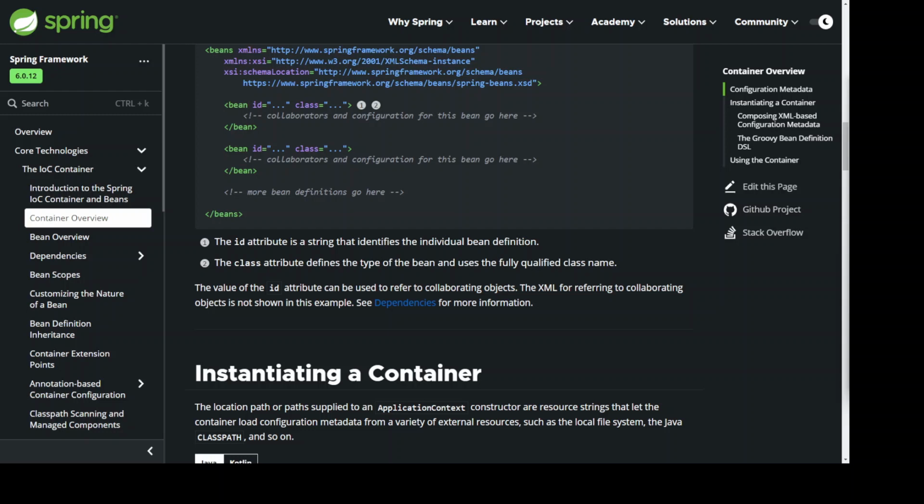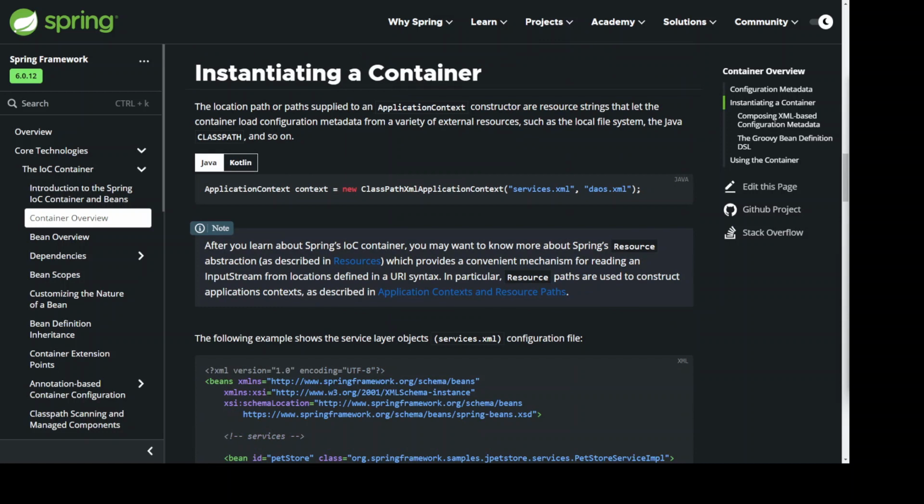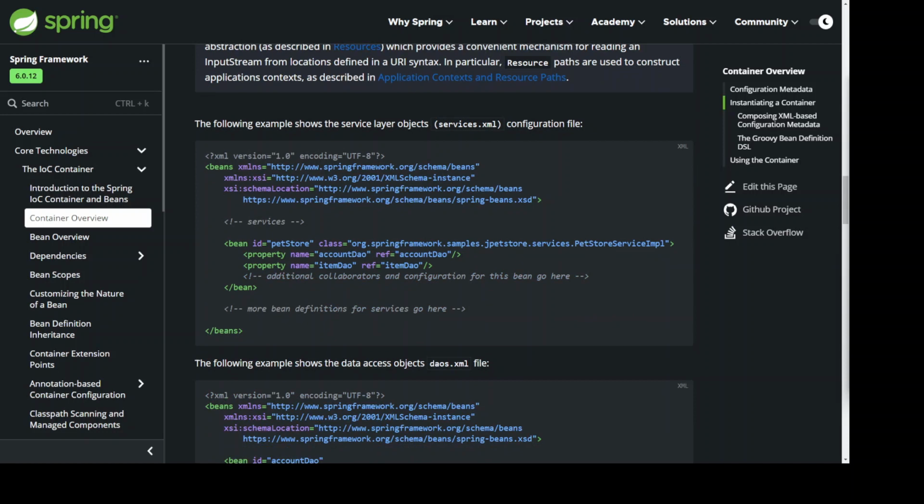Instantiating a container. The location path or paths supplied to an ApplicationContext constructor are resource strings that let the container load configuration metadata from a variety of external resources, such as the local file system, the Java classpath, and so on. ApplicationContext context = new ClassPathXmlApplicationContext("services.xml", "daos.xml");